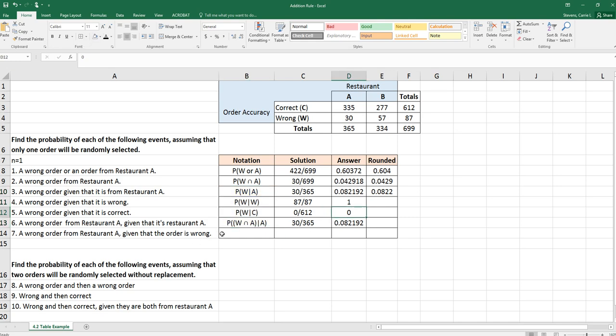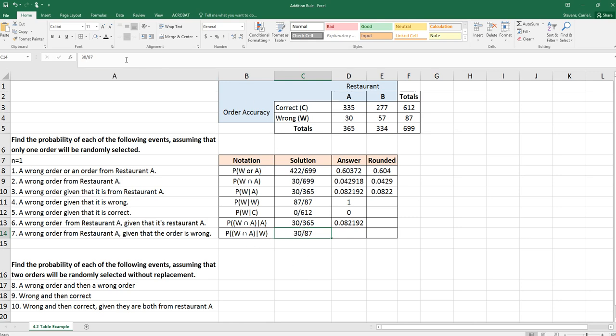Alright, so the next one then, a wrong order from restaurant A, given that its order is wrong. So it looks like that. Again, the compound intersection being both from a wrong order and from restaurant A at the same time in a single order, and also under the given assumption that the order is wrong. So it turns out to be